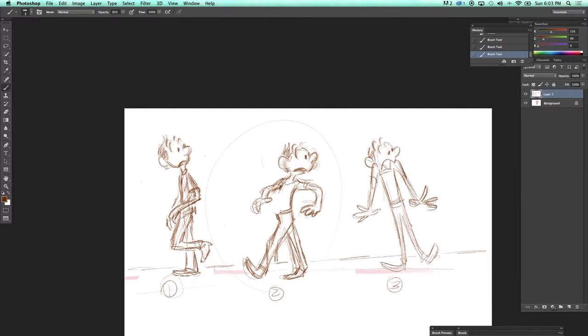As you can see here, I'm paying more attention since I generally like the direction that the poses are going. Now I'm examining, looking back and forth between the two poses just to see how they relate, how the volumes and the shapes relate to each other from drawing to drawing. And that's a very important skill to develop as an animator, being able to see volumes change and be able to keep them consistent. But also the thing that adds a lot of appeal